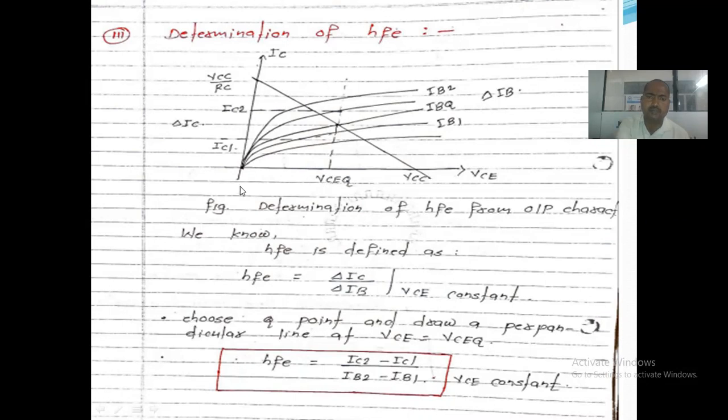At the same time, we take IB1, IBQ and IB2 as constants, and plot the graph for the different values. This should be plotted, and another should also be plotted at the Q point. Q point indicates that it is the constant point. It indicates the minimum operating point. So in this case, minimum voltage and current are applied to the device, and the plot should be taken, right?